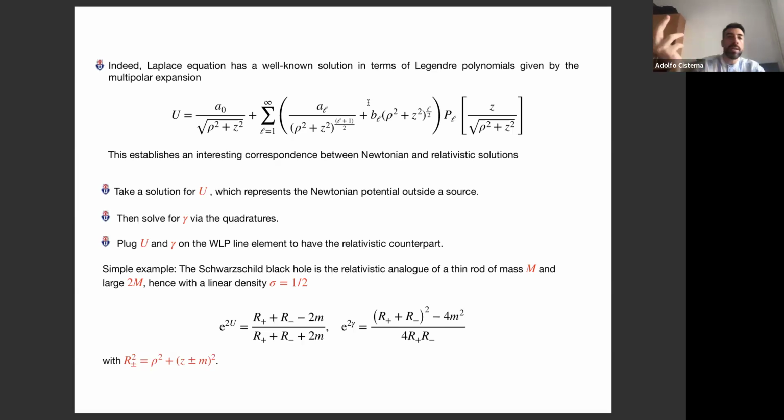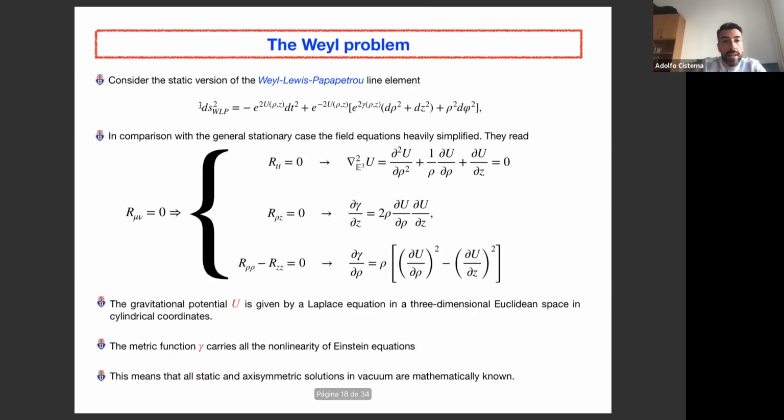We can ask, which is the Newtonian potential of a point particle? Now you will say, well, okay, in spherical coordinates it's going to be a spherically symmetric potential, right? It's going to be a constant over r. Well, I can use u as a constant over r. Let's say that this constant is going to be called, magically, M. So I'm going to say M over r. I'm going to compute gamma. And from gamma, I'm going to find my entire relativistic version of that spherically symmetric potential.